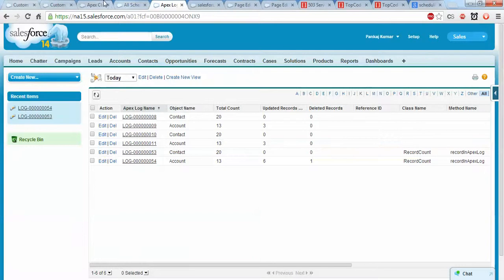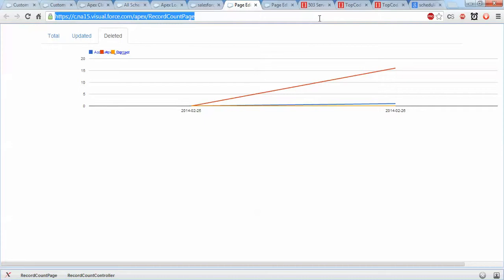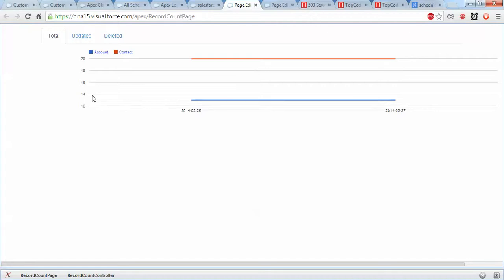Let me show you the graph. The total number of records was 20 on the 25th. Yesterday it was 25, and right now it is also 20.